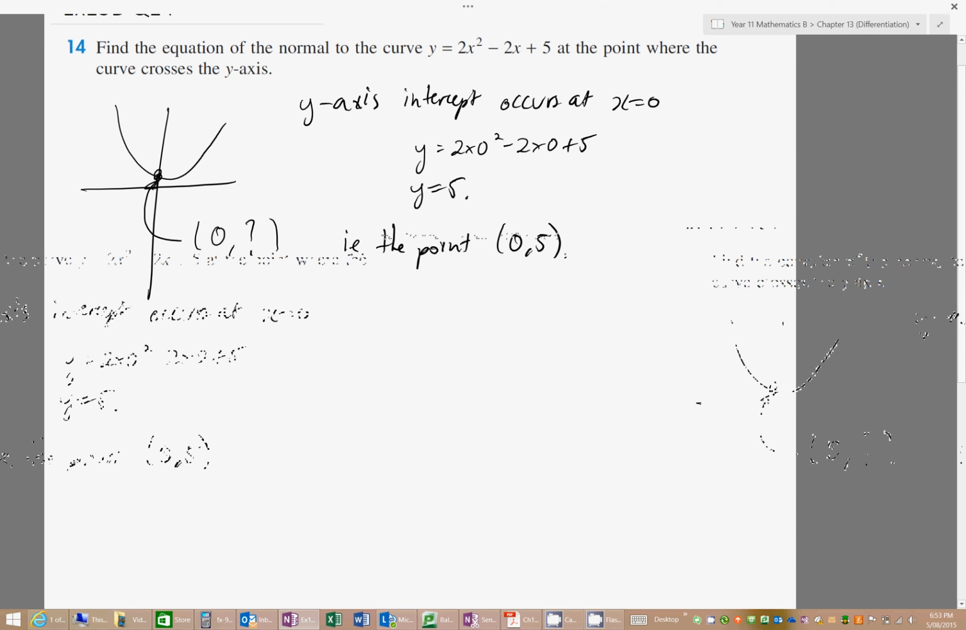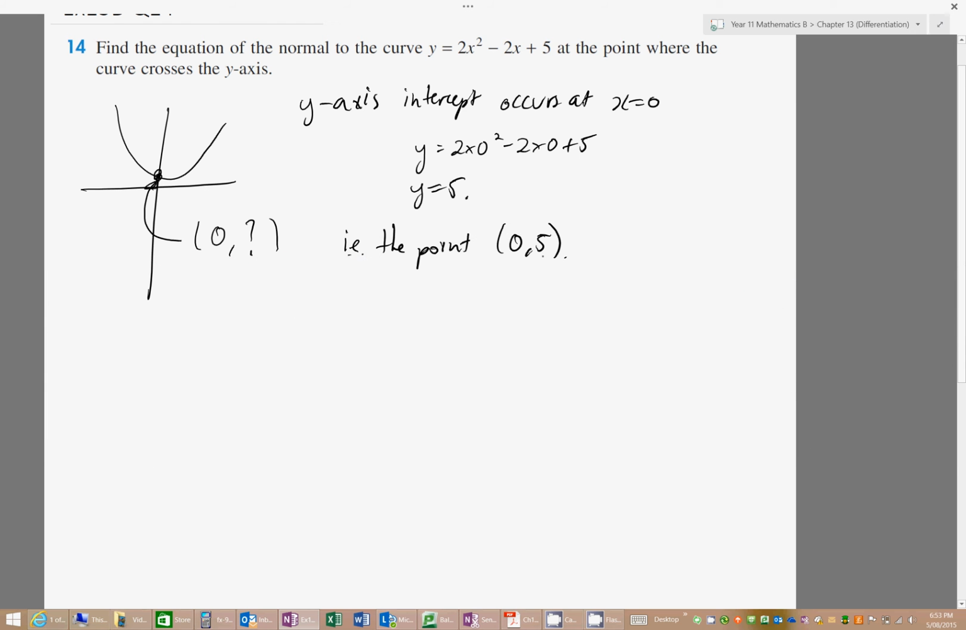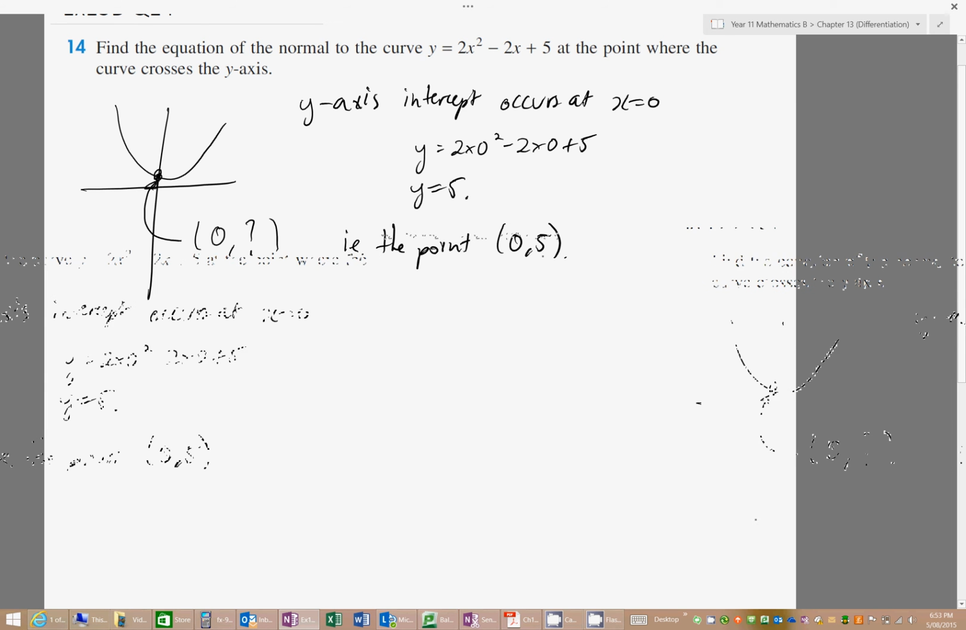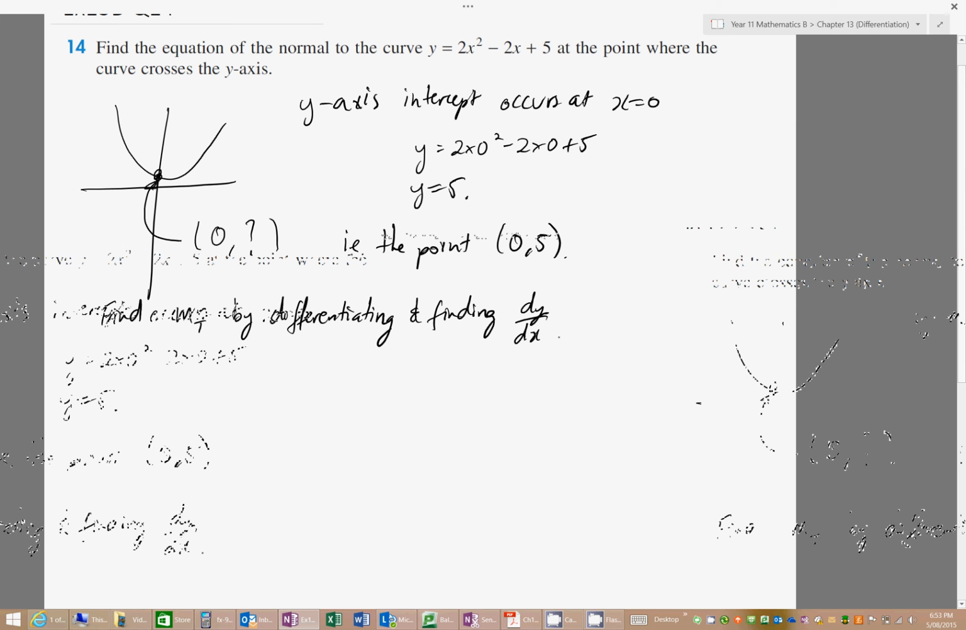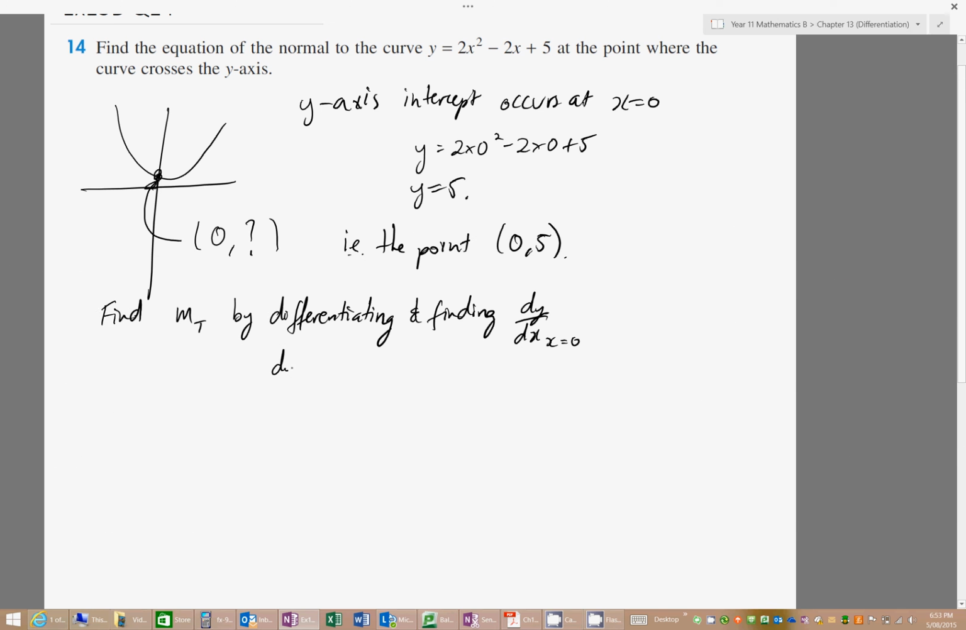Okay, so to find the equation of the normal, I have the point, I need to find the gradient of the normal. I'll start by finding the gradient of the tangent, by differentiating, and finding dy/dx at x equals 0. Okay, so I'll start by differentiating. I'll write the original function just above it so you can follow along. Differentiate this,